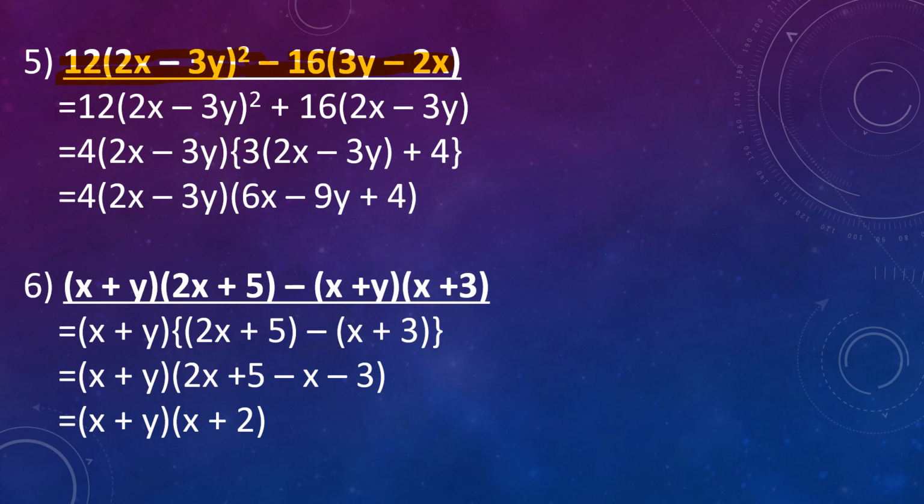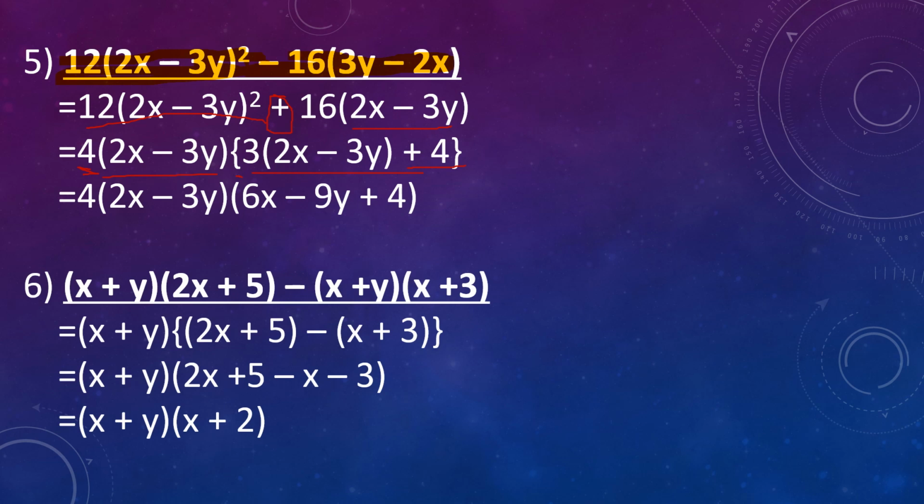What you do, at the first place you leave it like (2x minus 3y) whole square, but at the second place you take minus common, and when you take minus common, the minus outside the bracket turns into plus, and within bracket the terms will interchange their places. So now you can see 2x minus 3y in common. Fine. 12 and 16, HCF is 4. So 4 times (2x minus 3y) is your overall common. Introduce curly bracket. You will get 3 times (2x minus 3y) in bracket plus 4.